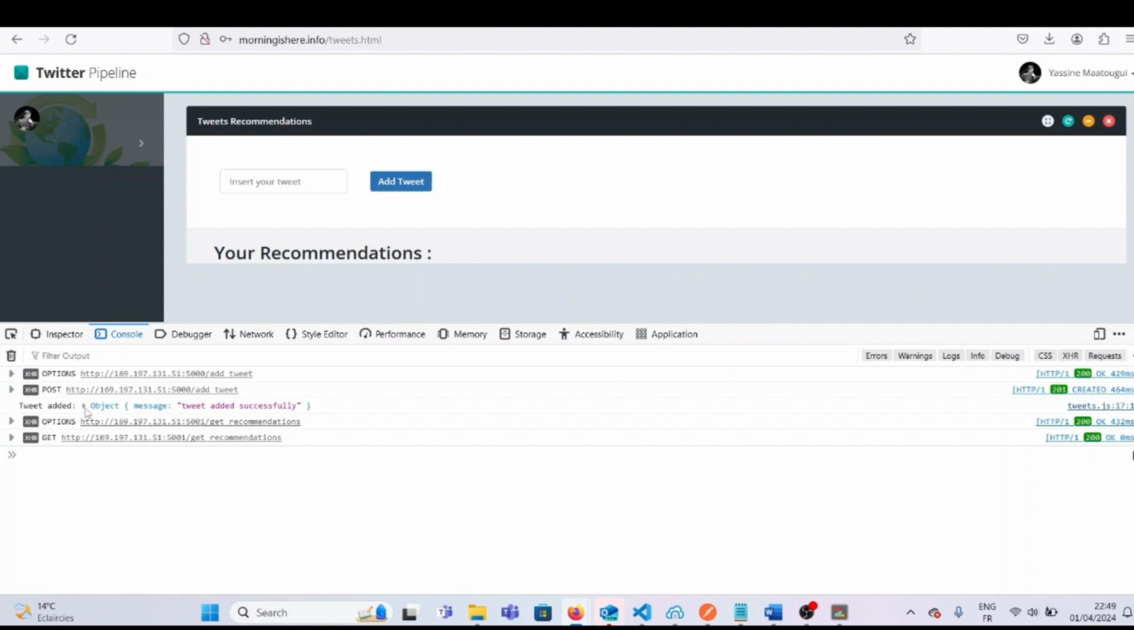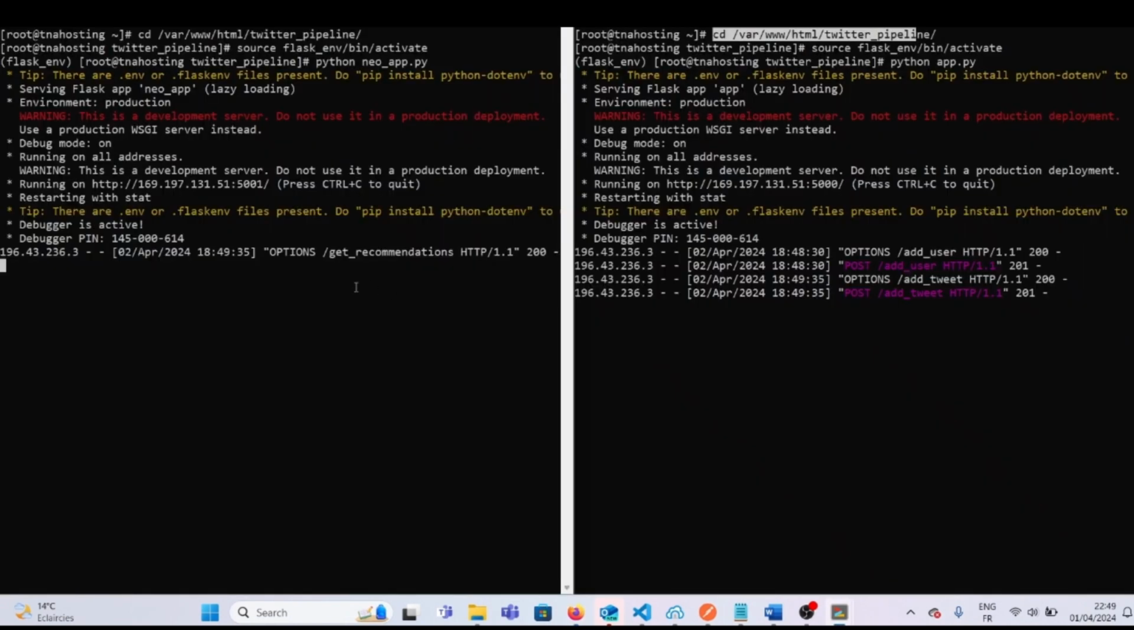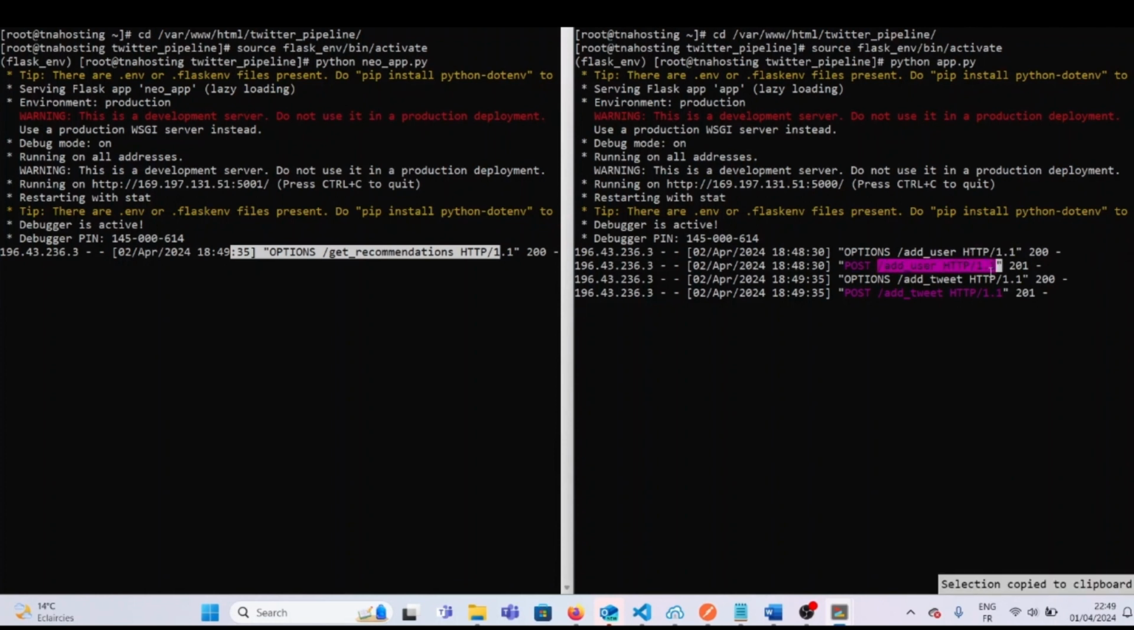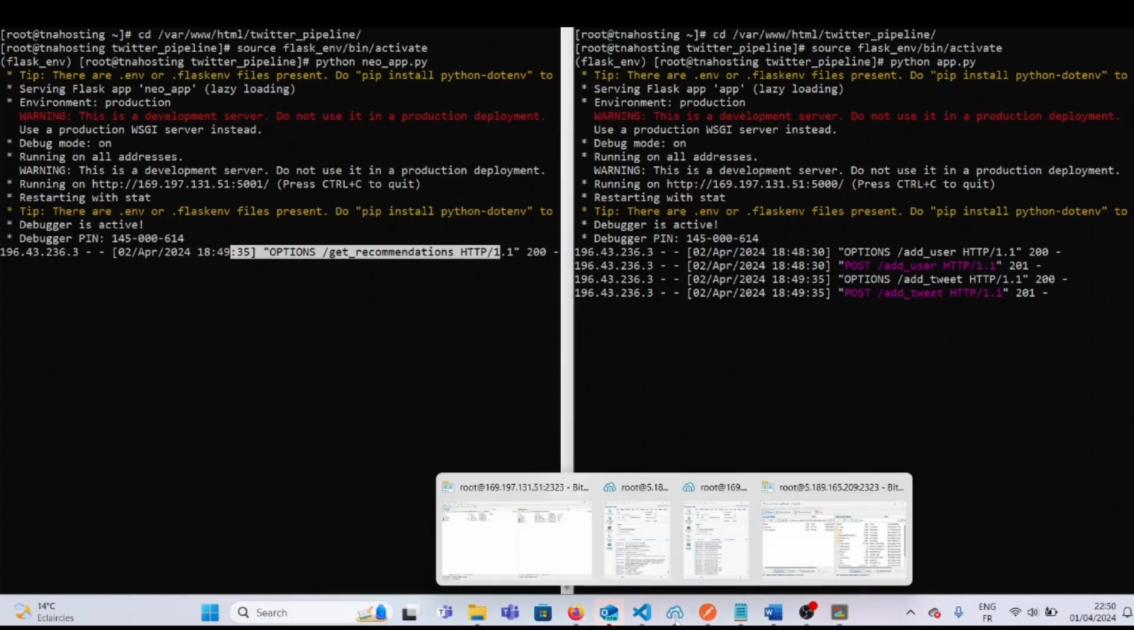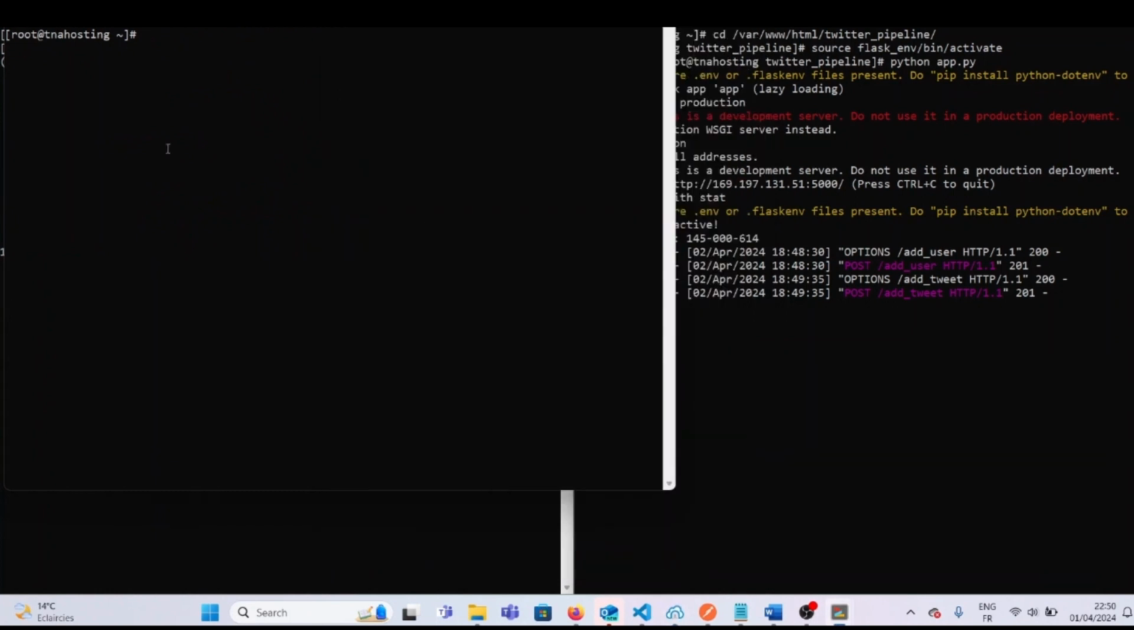So here you can see the tweet was added successfully, and we can check it from here. And the get recommendation is working as well. This is the add user, which has been called when we sign up, and the add tweet has been called successfully. So if you want to check the tweets, we can go to Mongo,